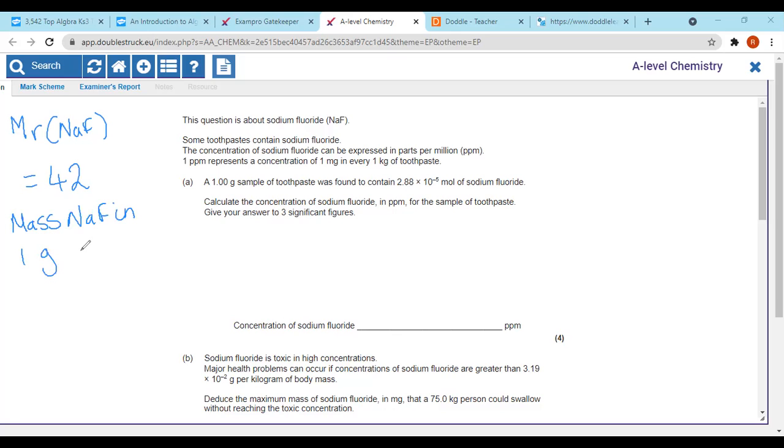So to work this out, we would use this part. We've got a 1 gram sample of toothpaste found to contain 2.88 times 10 to the minus 5 moles of sodium fluoride. So basically we're going to convert these moles into grams. We're converting moles into mass here. So we're going to use this value of 2.88 times 10 to the minus 5 mole, and we're going to multiply that by our Mr, which is 42. That would then give us the answer of